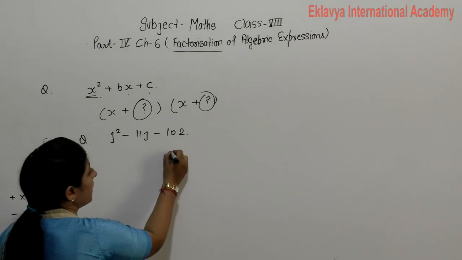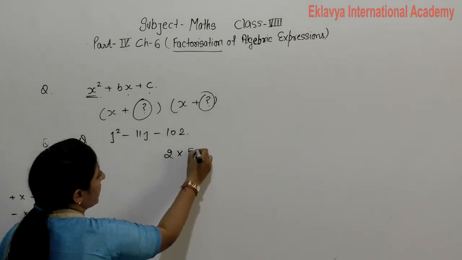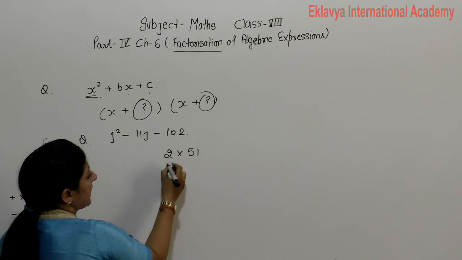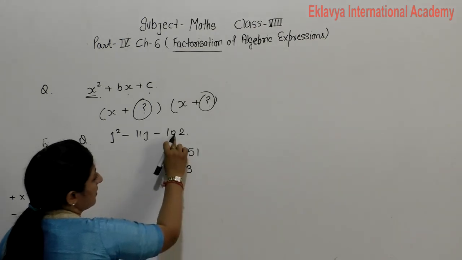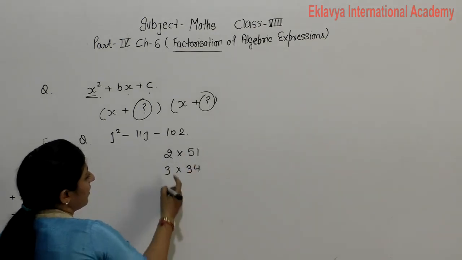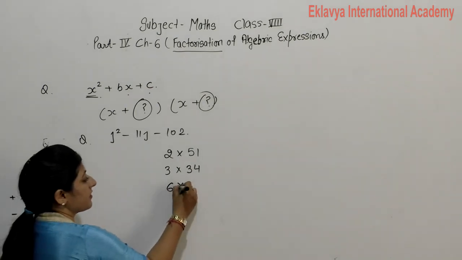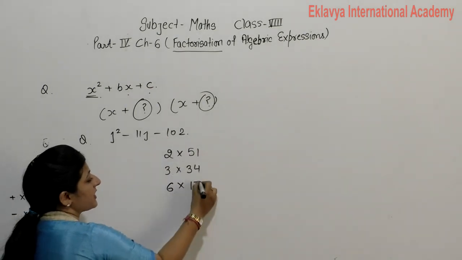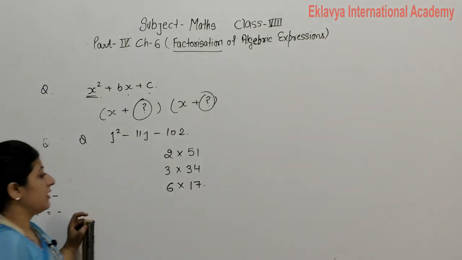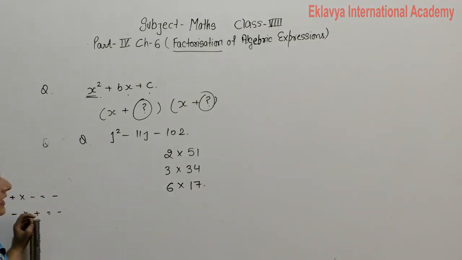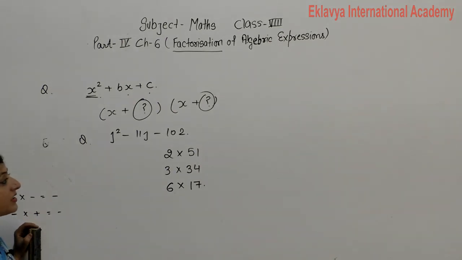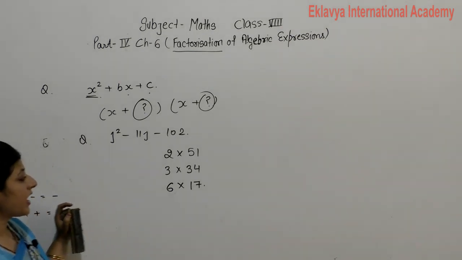How to do it? 2 fives are 10, 2 ones are 2, 3 threes are 9, 3 fours are 12, 4 twos are 8, 22. No, 5 also not. 6 ones are 6, 6 sevens are 42. Then 7 not, 8 not, 9 not, 10 not, 11 not, 12,